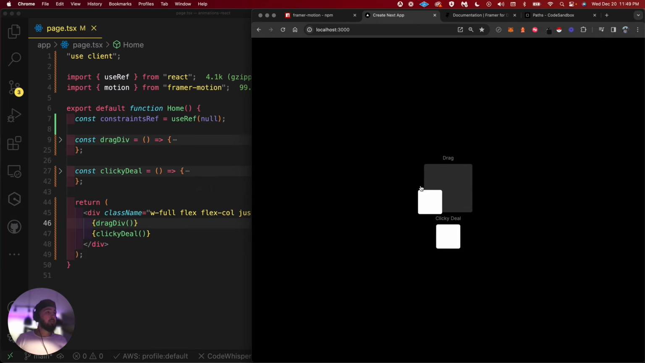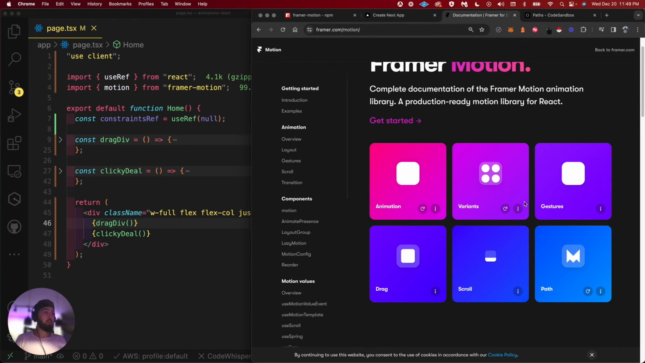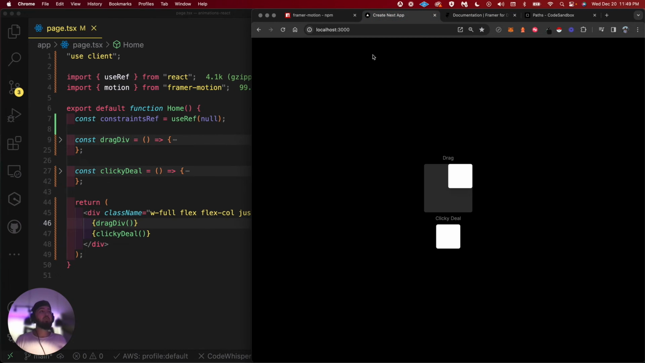But yeah, guys, this is a fantastic library. I think Framer Motion is your solution for a lot of animations. There's a ton of stuff you can do with it. I've used it professionally and non-professionally. There's transition wrappers and things like this that,